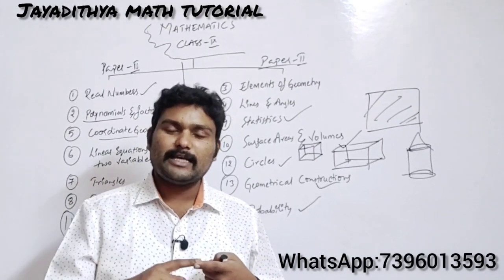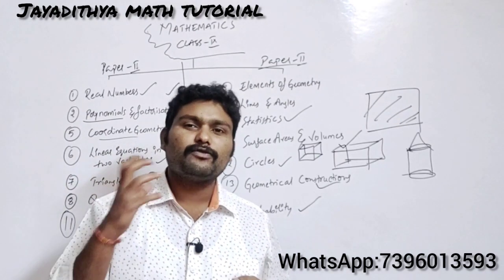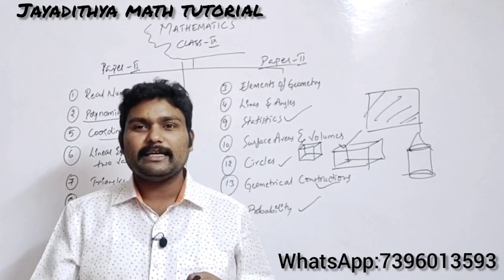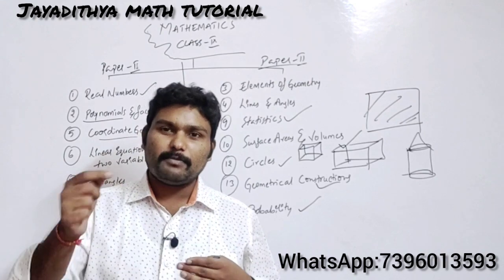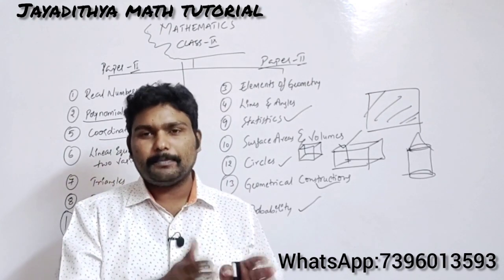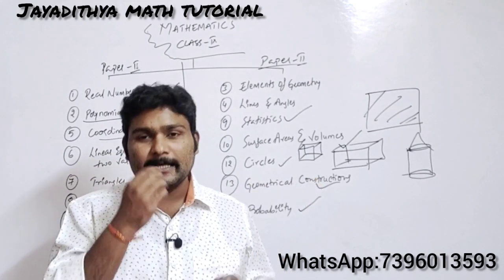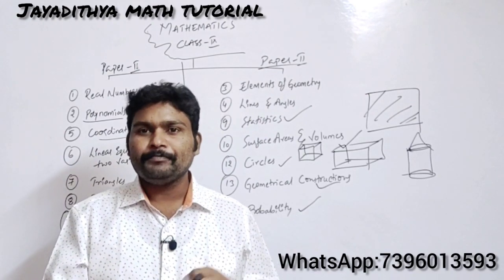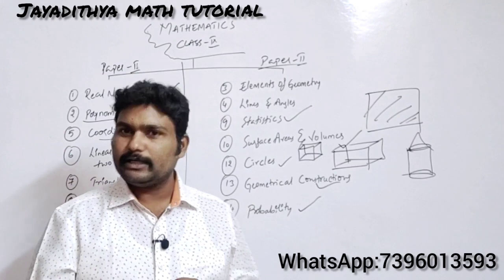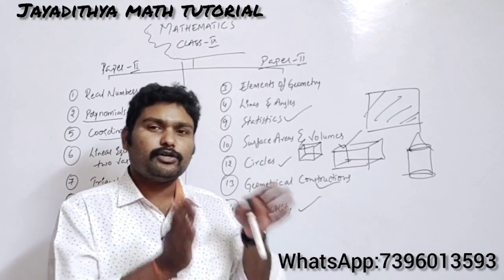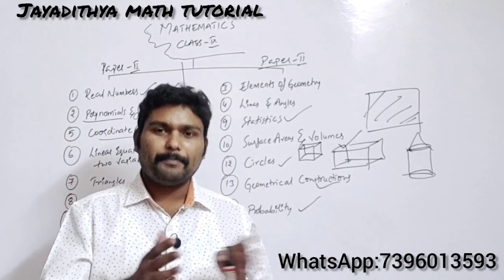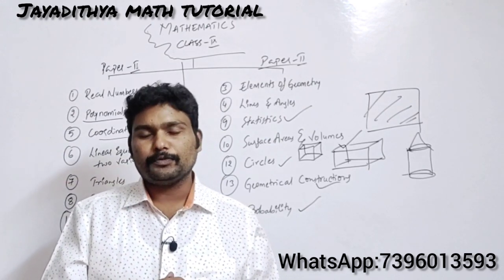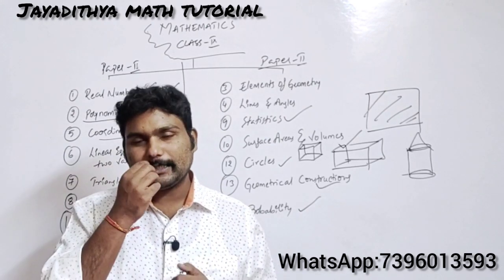Why? Because in your final examinations or board examination papers, most of the 1 mark and 2 mark questions will be from the do this, try this and think and discuss columns only. If you want to score complete marks in the 1 and 2 mark sections, then definitely you should focus on try this, do this and think and discuss. And examples play a vital role here. Based on the examples only, your problems will appear in your examination. So you should not neglect examples also when you are preparing for your examination.